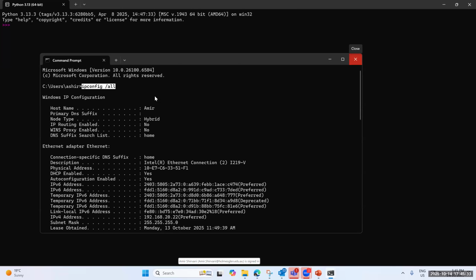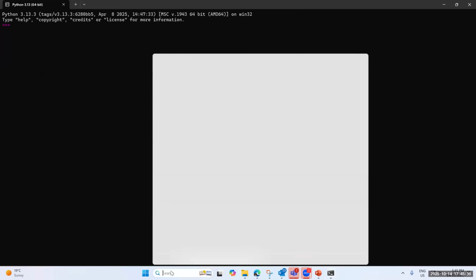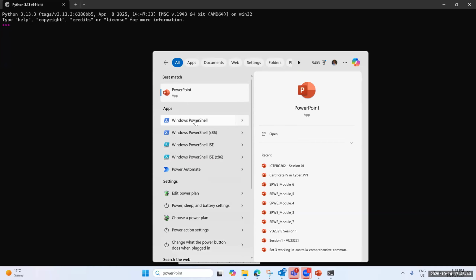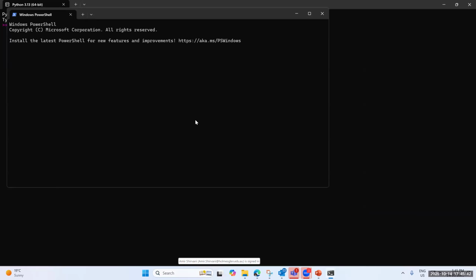There are so many terminals available. For example, another terminal that we may use in our Windows environments is called PowerShell. Windows PowerShell is another terminal that you can use for communicating with your PC. Windows PowerShell is a little bit more complex and has more advanced features compared to Command Prompt. The same way, if you have Linux computers, you can open a terminal, type some commands, and then you are able to communicate with your PC. Later on, we will see some